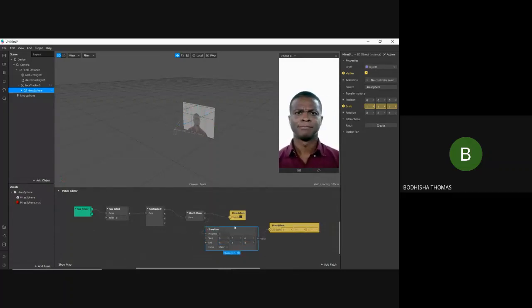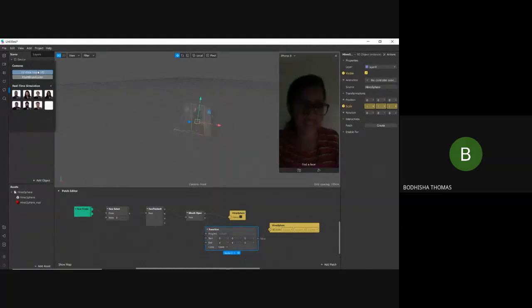So now I'll show you. So when I close the mouth, there will be no object. So when I open, it will increase its size.